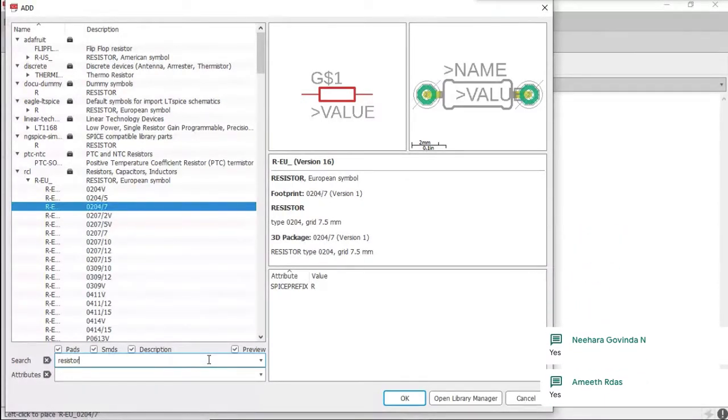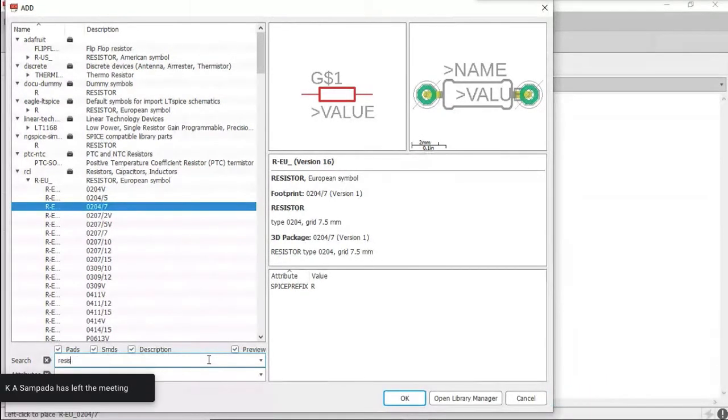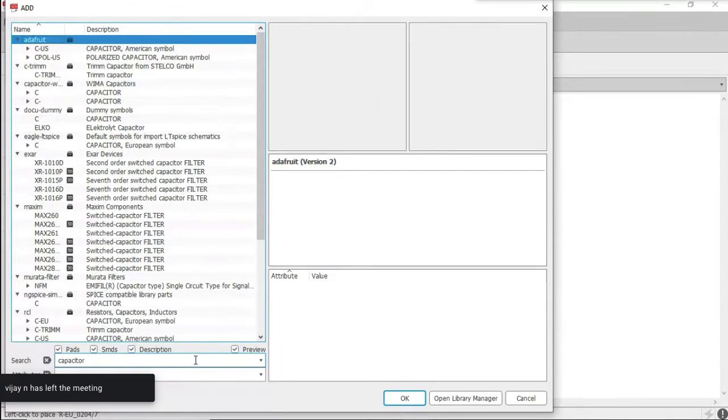Okay, after adding audio amplifier and resistor, you need a couple of capacitors also. So just under the search option, type capacitor. After typing capacitor, click enter. Again, you have various options for capacitors here.